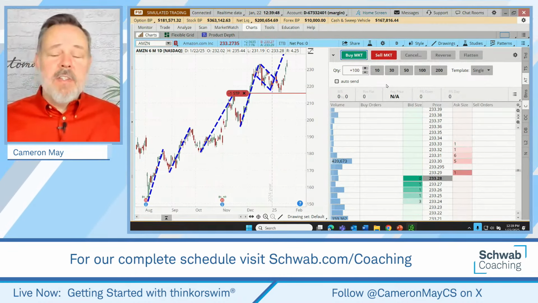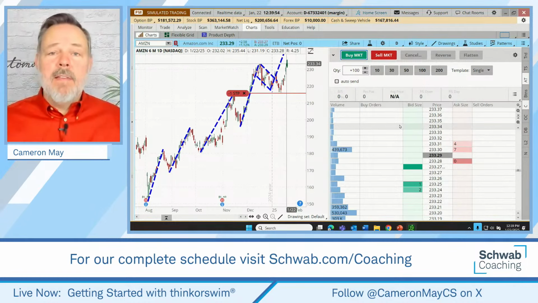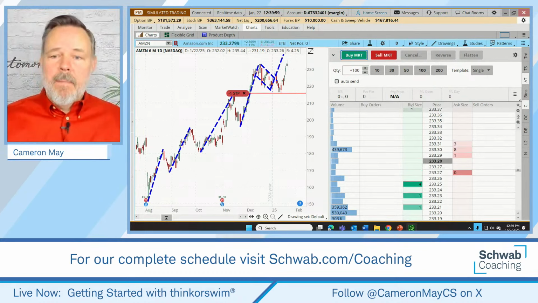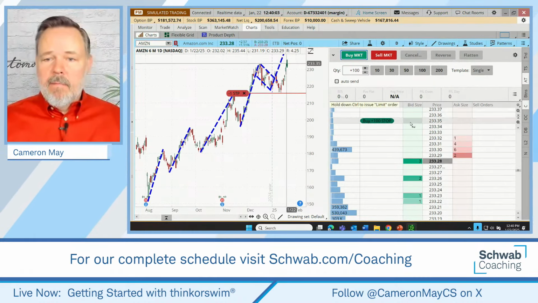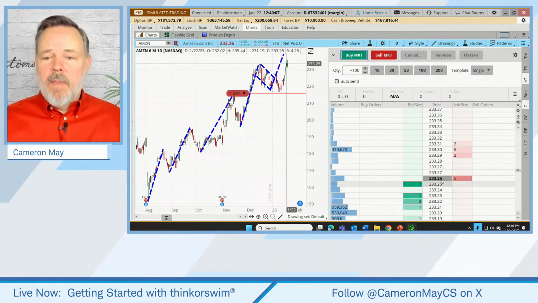All right, now that's just going to be, again, an introduction to really this active trader tool, but there are so many other ways this tool might be used. For example, I can come down here where we see bid size and look to put in a buy order just by clicking on one of these prices.